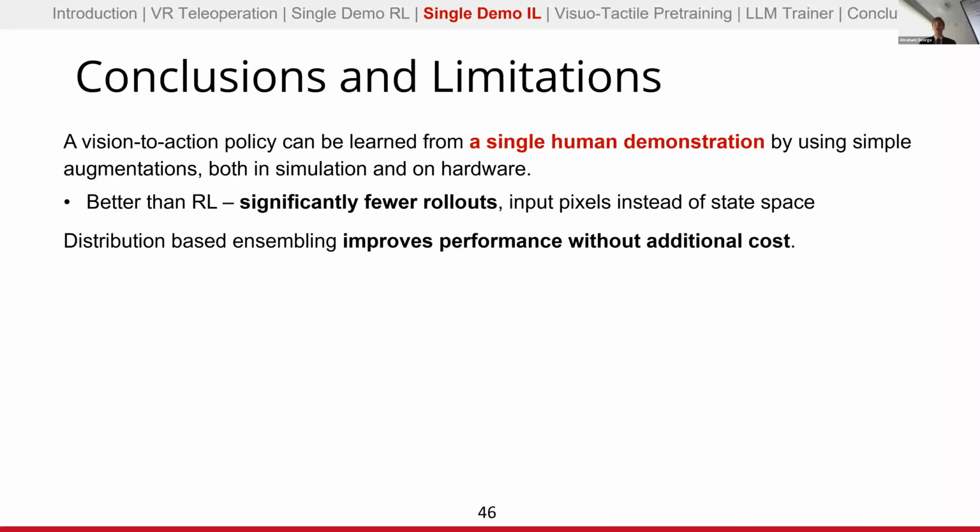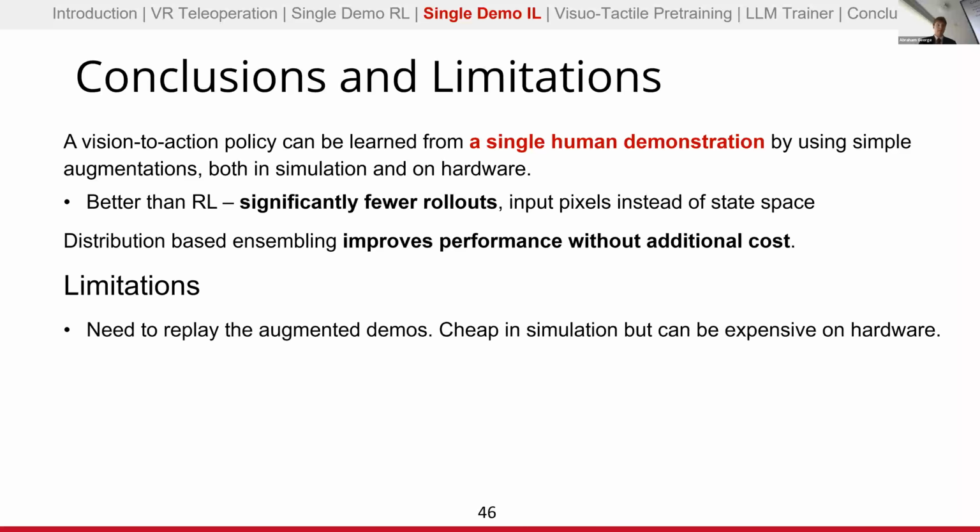Additionally, we found that our distribution-based ensembling improves performance without any additional cost. So this is important to note about the additional cost. From our results, we saw only a minor improvement, up to like 10 to 20%, but in some cases, no improvement. But the ensembling doesn't take any more resources than doing standard ACT ensembling, nor does it require any more tuning of hyperparameters. Rather than tuning a constant, we tune a proportionality constant. So essentially, if you're going to be using the standard version of ACT, you might as well use this method for a free performance gain.